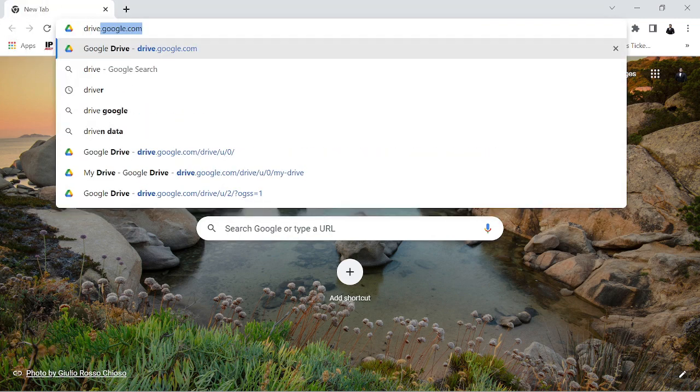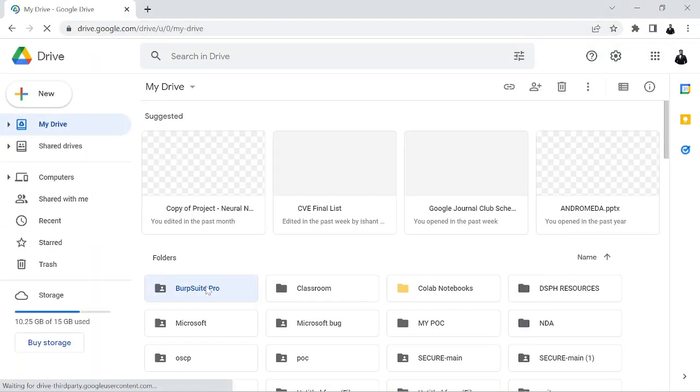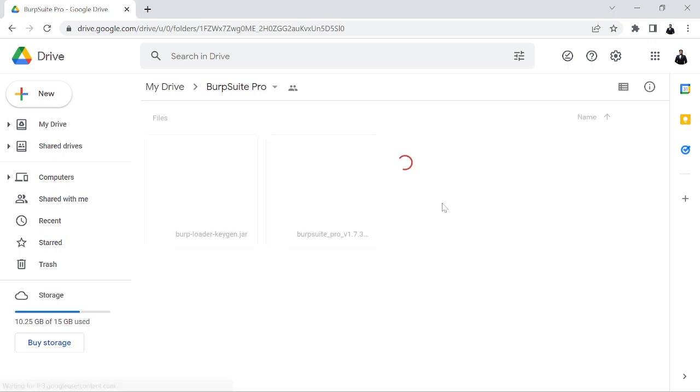So go to drive.google.com, so you can come to the drive and here is the Burp Suite Pro link. Well, this is the Burp Suite Pro which I am using. You can go and download it, and let me show you the